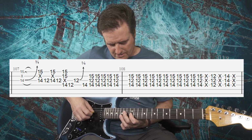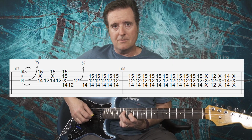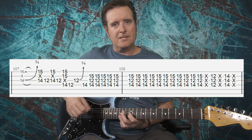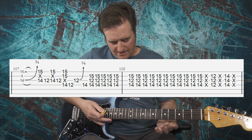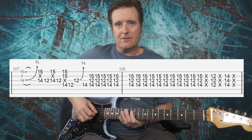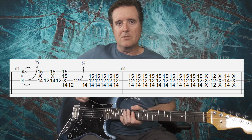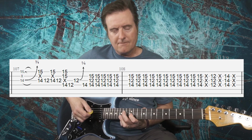And then with this chord, 4 notes, we've got the D14, G12, and then 15 on the bottom 2. We're just going to go 1, 2, 3, 4, 5, 6. That gets us out of the first measure. After that, we're going to keep on that chord. And then we're going to go into just a bar on the 12th fret D all the way down. Hit the D, G, and B strings, and then 14th fret, same thing, D, B, and G. Muted strum to end it off. So that measure is...